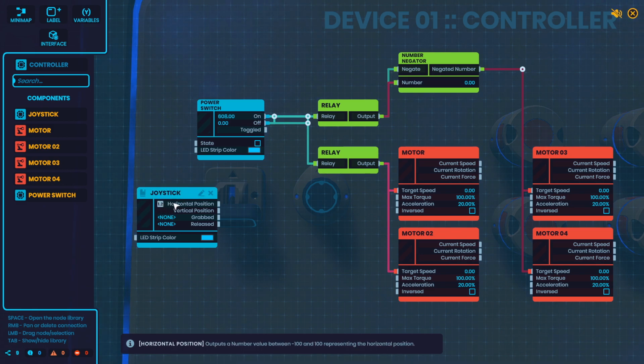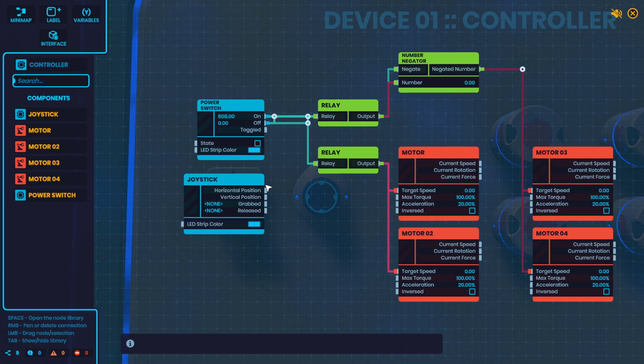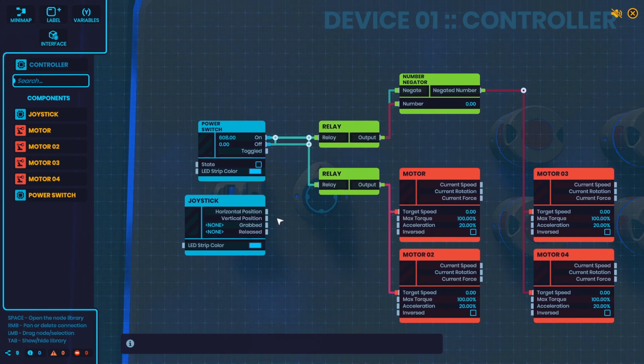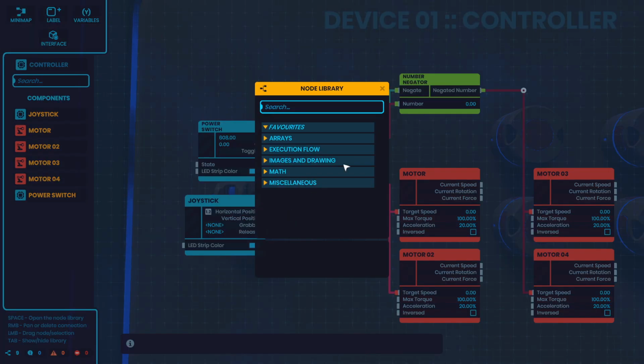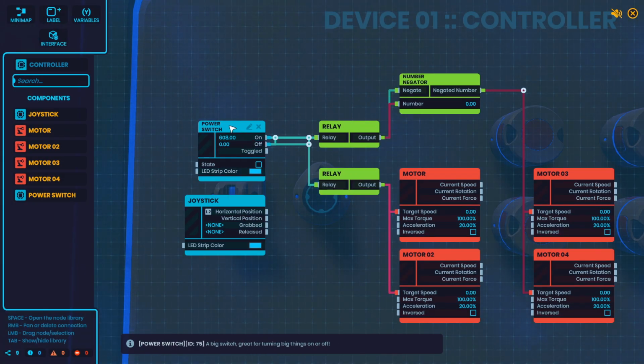And that is a number. Horizontal, vertical position, those are numbers between negative 100 and 100. So I could, let's see. How would we use a joystick for this? Horizontal, vertical. Power switcher state is